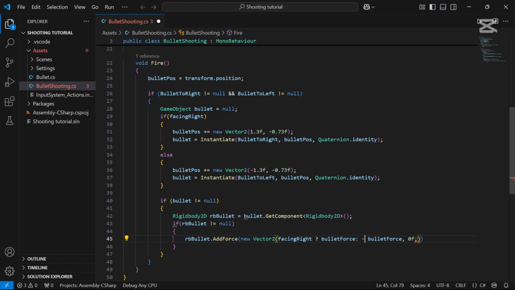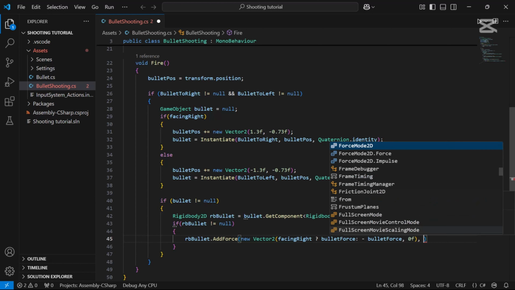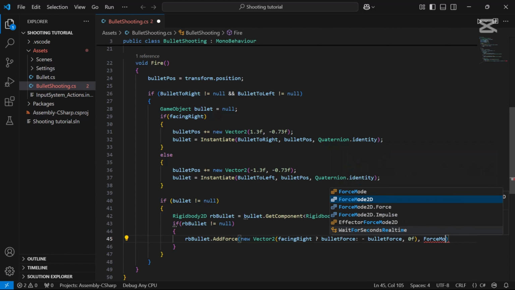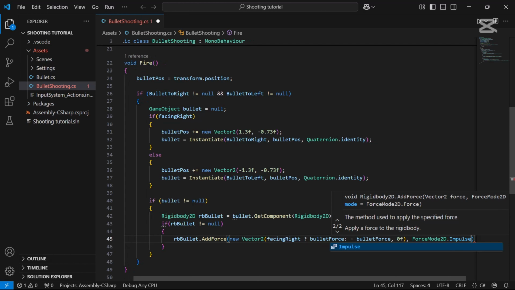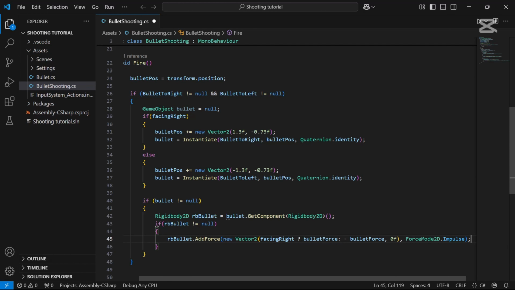This is minus. Then you want to go comma force mode 2D dot impulse, and then